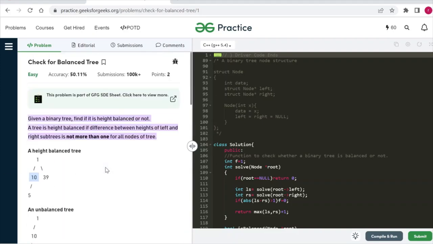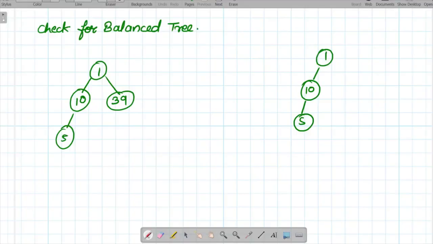So let's see this problem in more detail. For example, if we have this tree, we have to find if this is balanced or not. So let's check for 5. 5 has null children, so it will return 0 from here, 0 from here, and 5 itself will return 1 because it will also calculate its height.